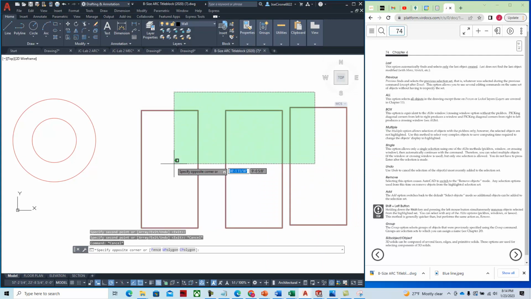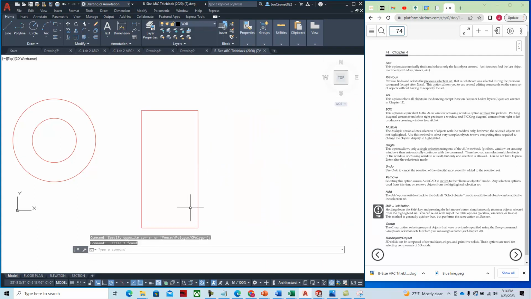And that didn't work exactly the way I thought it would. I thought it was going to grab the circle, and so I probably should have used previous, but I think you get the point as we go through. You can add and you can